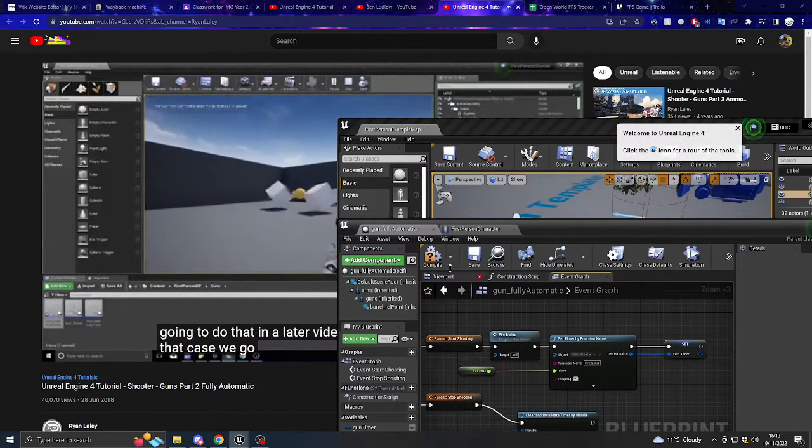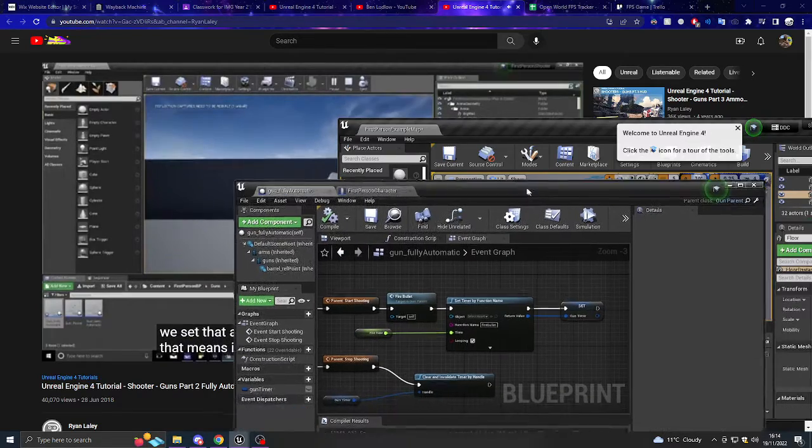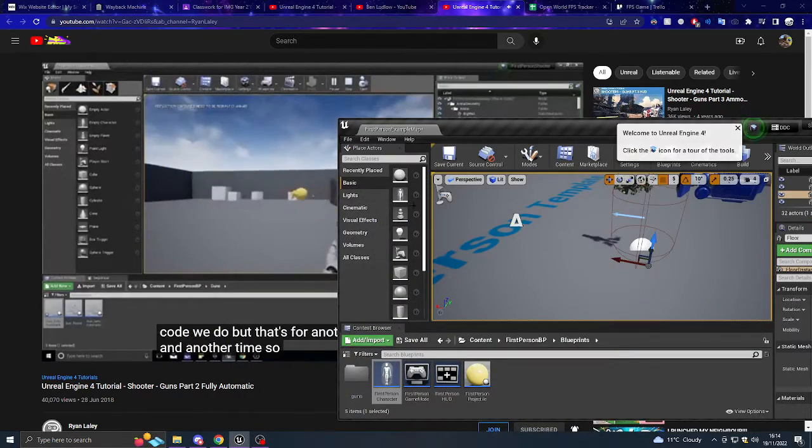Now, as for running out of bullets and reloading functions, we're going to do that in a later video. In that case, we go back to the parent, we set it all up on the parent. That means it will re-inherit all that code we do. But that's for another video, another time. So that's it. This is simply just how you